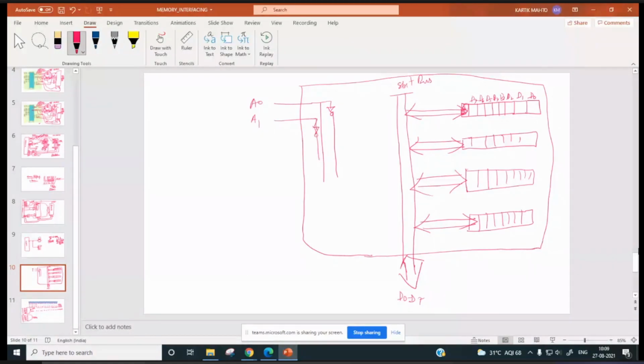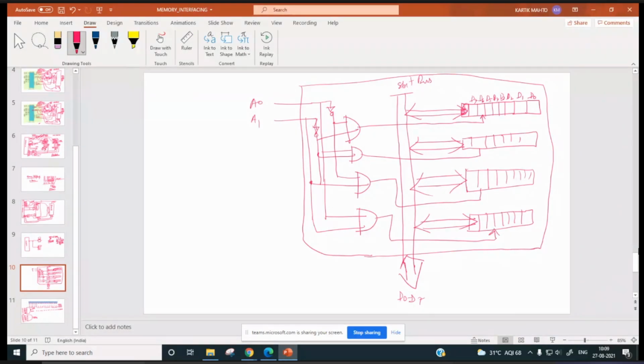If both are 0, 0, then the first register will be enabled. If it is 0 and 1, then the second register will be enabled. If this one is 1 and the second one is 0, then the third register will be enabled. And if both A0 and A1 are 1, in that case, the fourth.